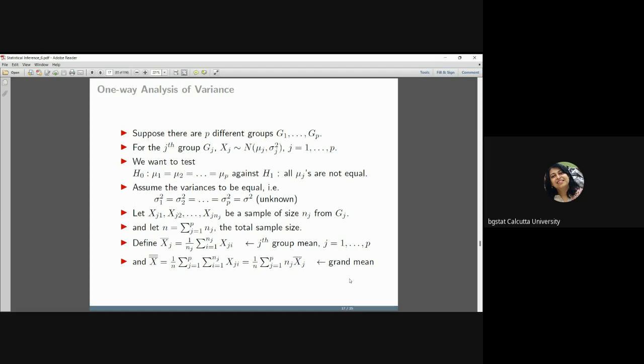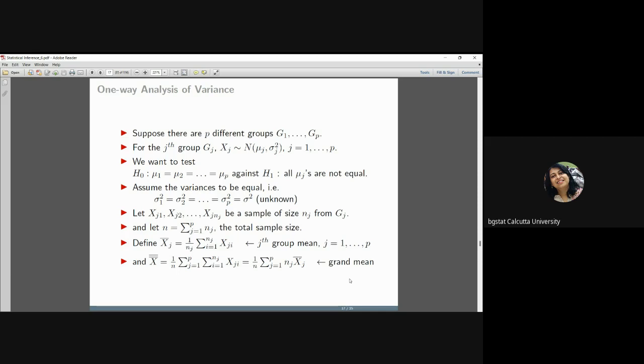So to do this one-way analysis of variance, what I'm going to need is each of the group means. So for my example, it means that I need the average sample income for each of the states. I denote this for the jth state by xj bar. I also need what I call the grand mean, which is the mean of the total pooled data. So if I'm given the group means